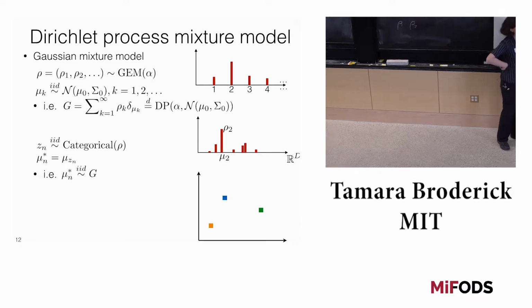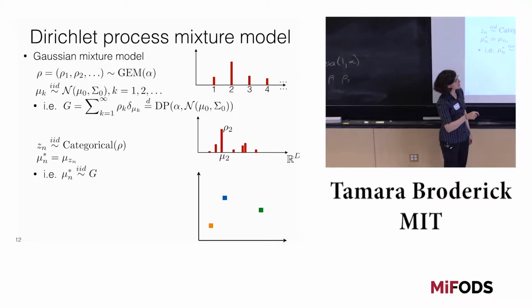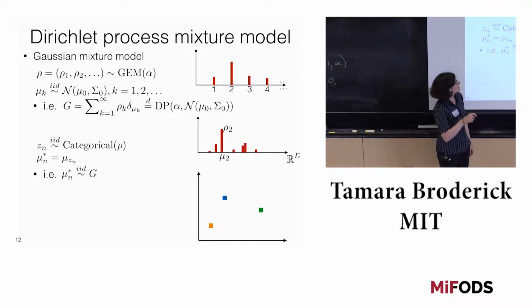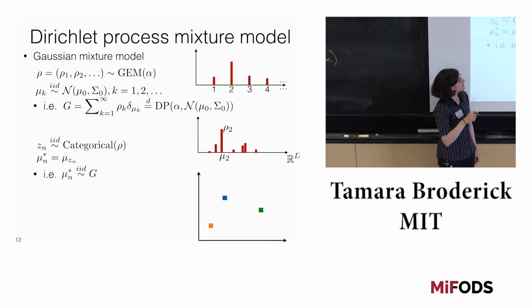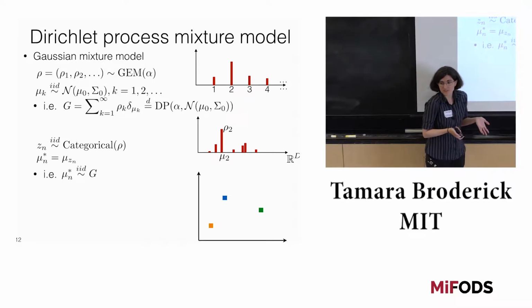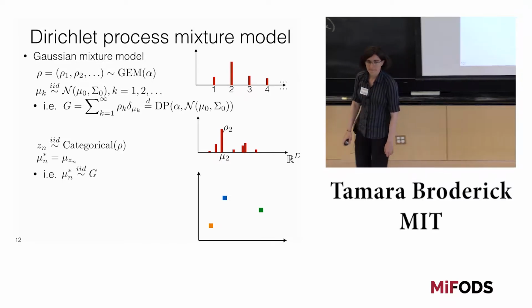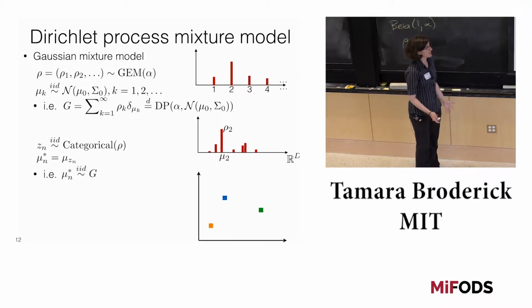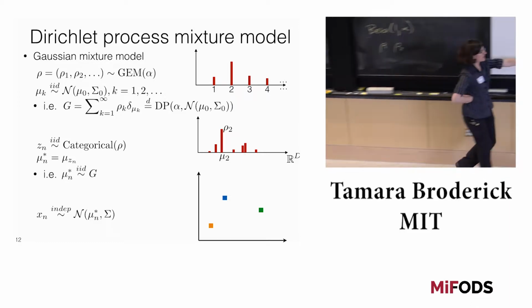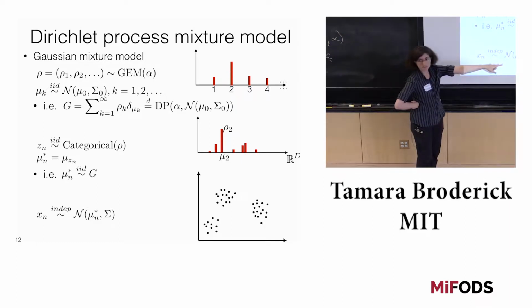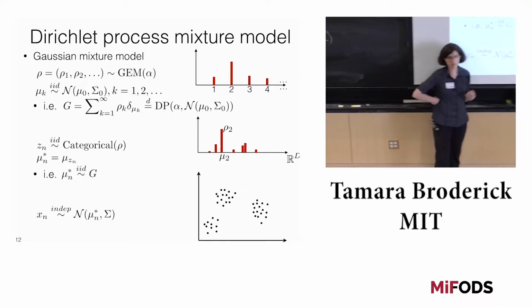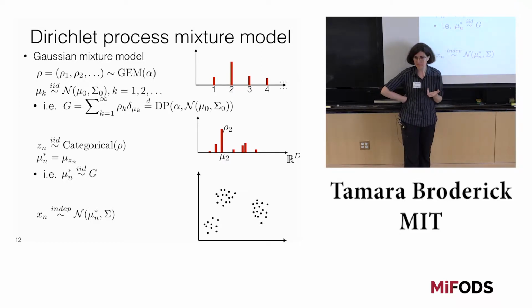So G is a distribution. It's just a distribution over the cluster-specific parameters. Here it's the cluster means. And now what we'll do is for each data point, we'll say, well, what parameter does it come from? What cluster does it come from? Finally, now that we know the parameter that this data point is drawn around, we draw its actual value, xn. So that's going to be like the points we actually see, with some likelihood around that cluster-specific parameter.